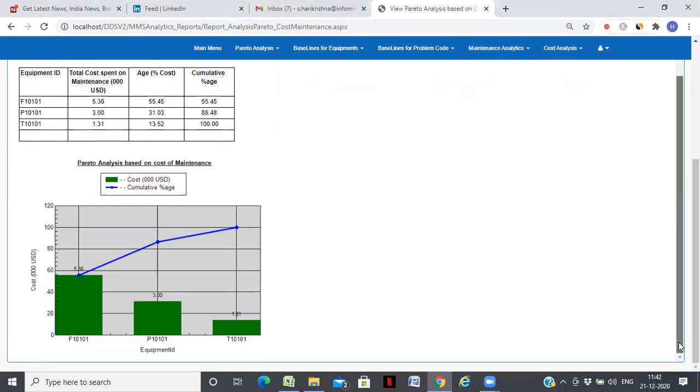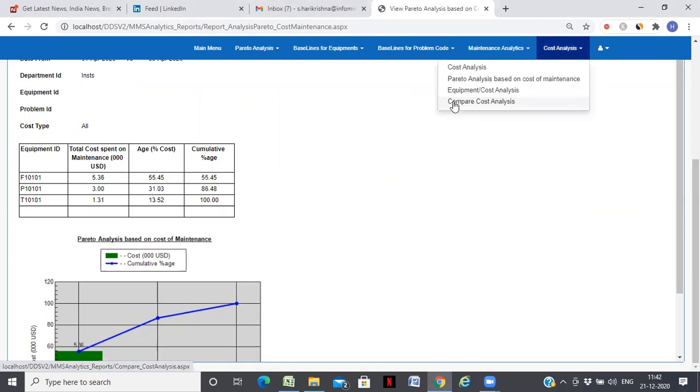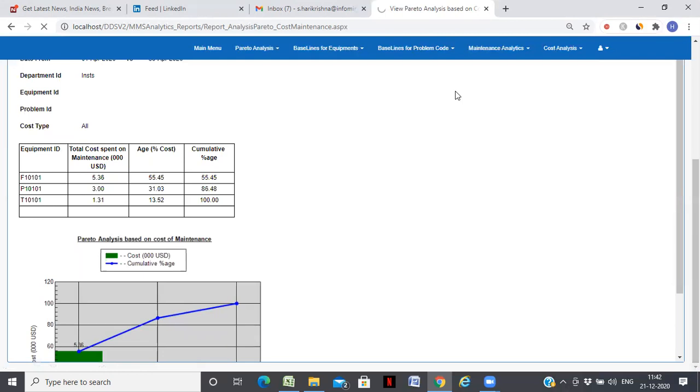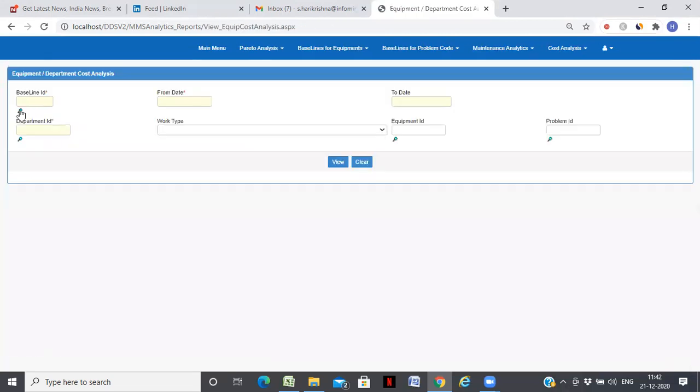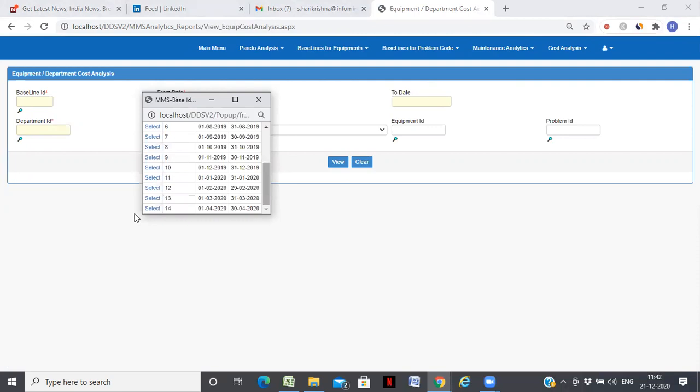So this is a view. And the other thing is you can also have a department level view, where each department can look at their equipments in silo and find out, for their departmental total cost spent on maintenance, which equipment has cost the most.